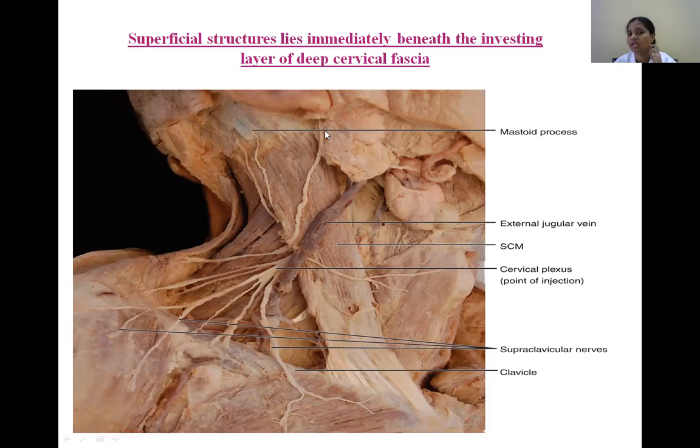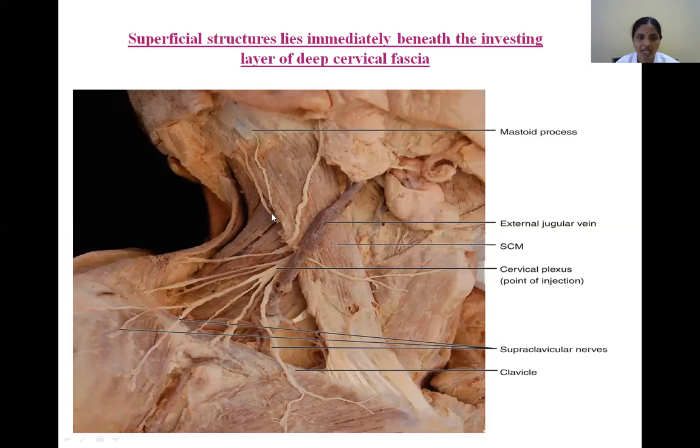So at the angle of the mandible, it further divides into anterior and posterior branches. The anterior branch supplies the skin over the angle of the mandible, whereas the posterior branch supplies the lower part of the pinna, that includes the lobule. Okay, and the skin just in front of the ear and tragus. So all these structures are supplied by this great auricular nerve. So if you want to give anesthesia to the lobule, we should not give it directly on the lobule. We should select an area for this anesthesia, that is the angle of the mandible.